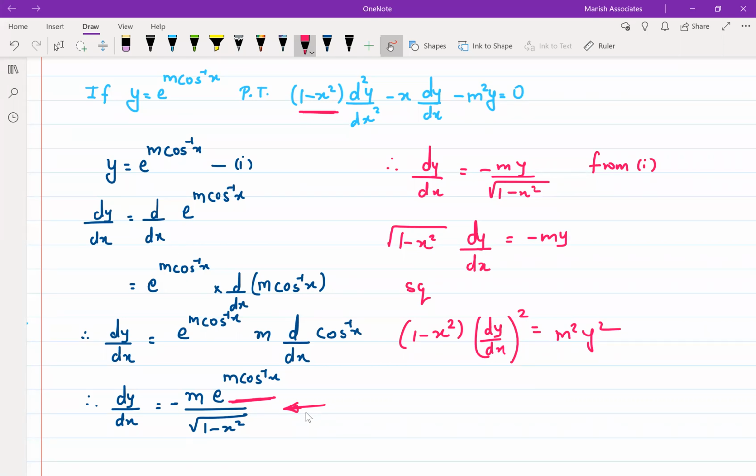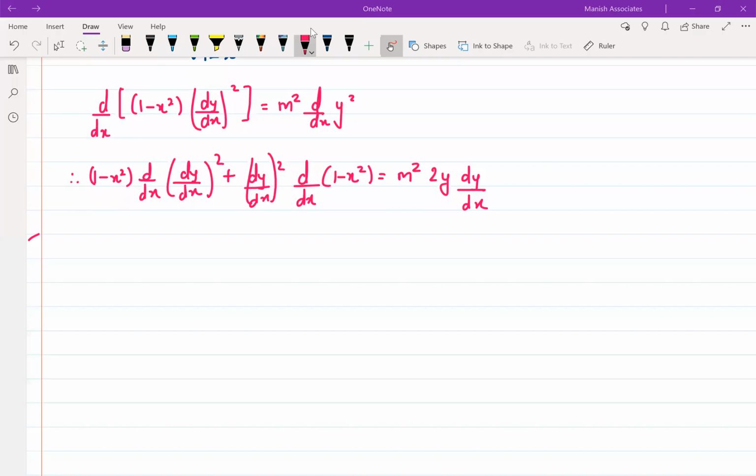Now before going for the second differentiation, I eliminated terms which are not needed in the final answer. E raised to m cos inverse of x was not needed, तो मैंने उसको निकाल दिया with the help of relation 1. Then I came to that red step. I saw that denominator में root of 1 minus x square, एक quotient rule लगेगा. Why not to shift it on LHS, make it comfortable as a product rule? Then I also saw that along with d2y by dx2, 1 minus x square was there. I'm getting a root over here. I squared. So I got till here. Please copy down till here and then I will proceed further for the next stage. Start please.